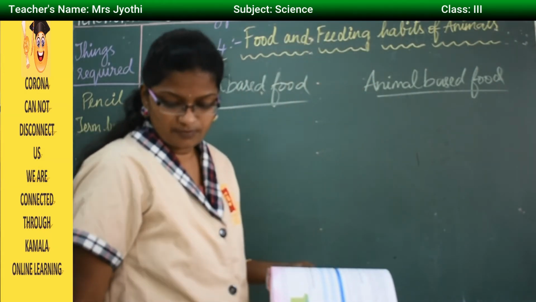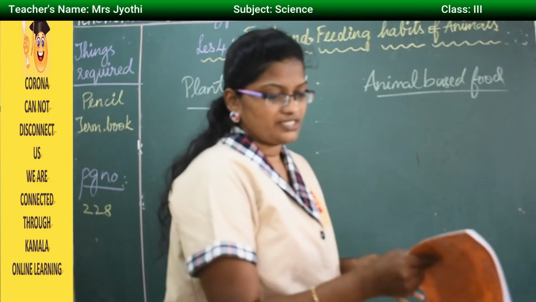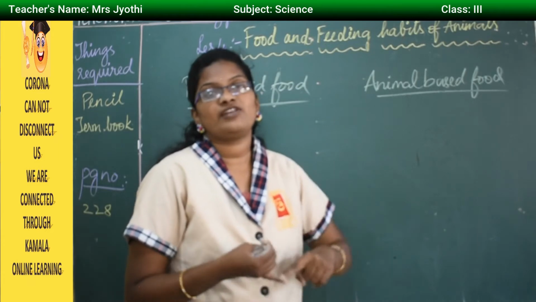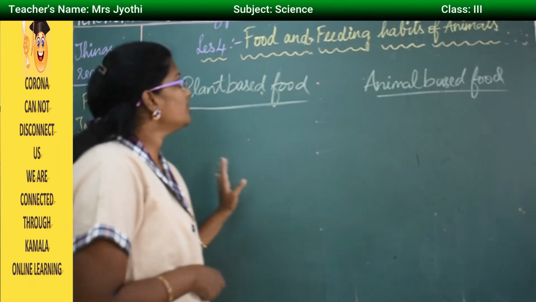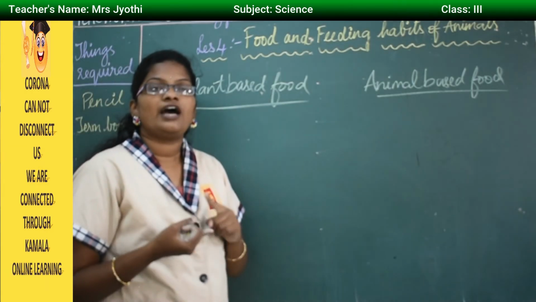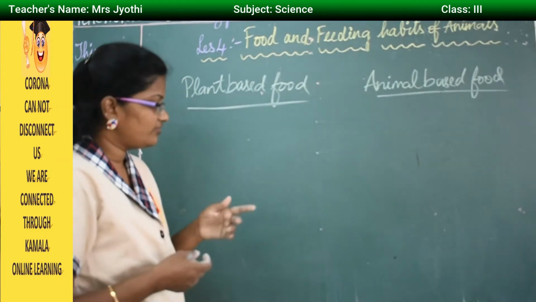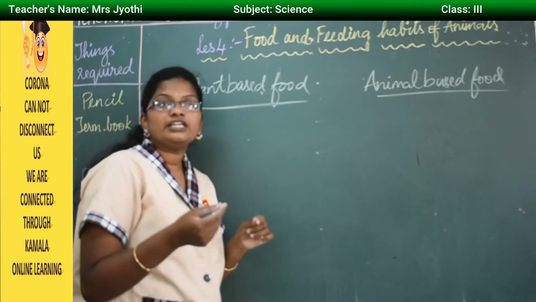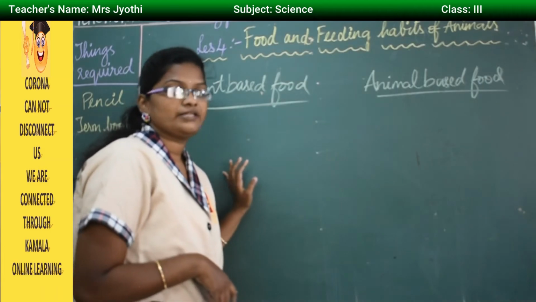And the next box belongs to animal-based food. So just now as I told you, what food items will come from the animals, like flesh, milk, and eggs and all. And what food items will come from plants, like leaves and roots, like carrot and all. The previous lesson we have discussed. Then we also eat the fruits and vegetables, we eat the grains and all.